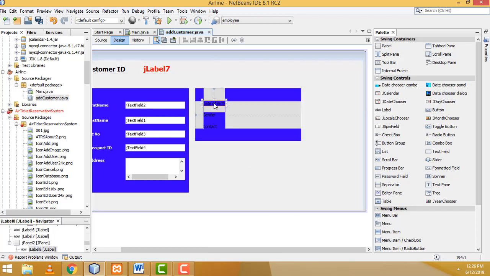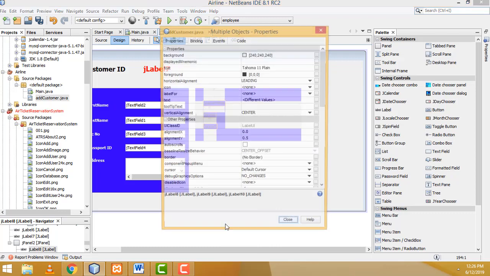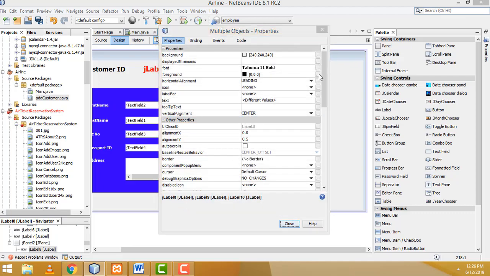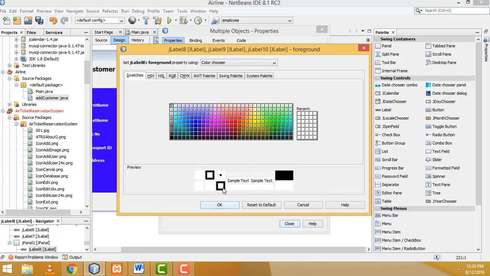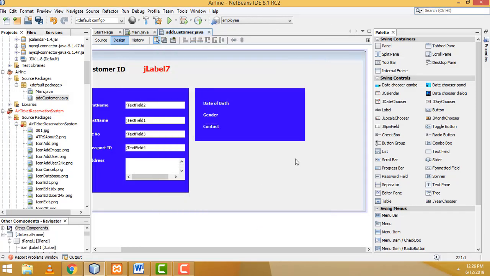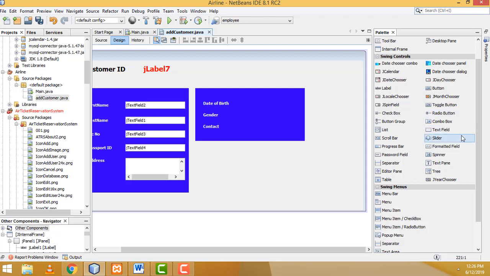So here we have to select the same thing, hold the control key and select all the stuff, right click, properties, font size, plain with bold, sorry, it's bold, click OK. After that we have to set the font foreground color, select white, click OK, right? That stuff you have to do, right? Here for the date of birth, I am going to go to the palette and drag this one,